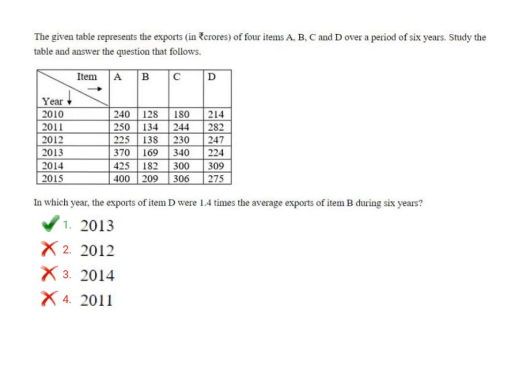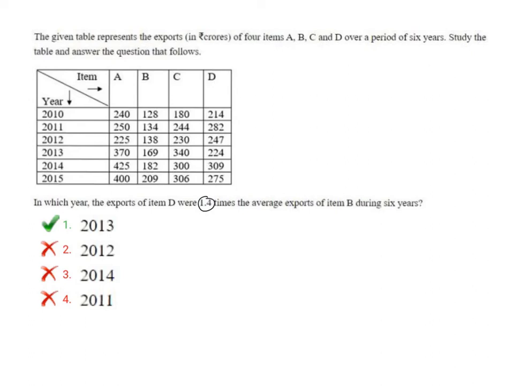Now look at this data interpretation question. It says the given table represents the export of 4 items A, B, C, D over the period of 6 years. Study the table and answer the questions that follow. Years are given vertically and the items A, B, C, D are given horizontally. He is asking you in which year the exports of item D were 1.4 times